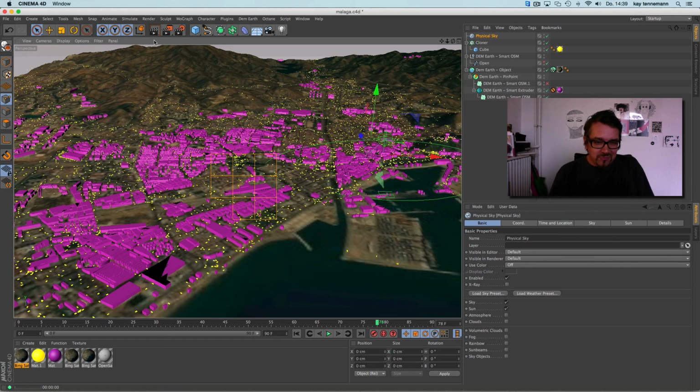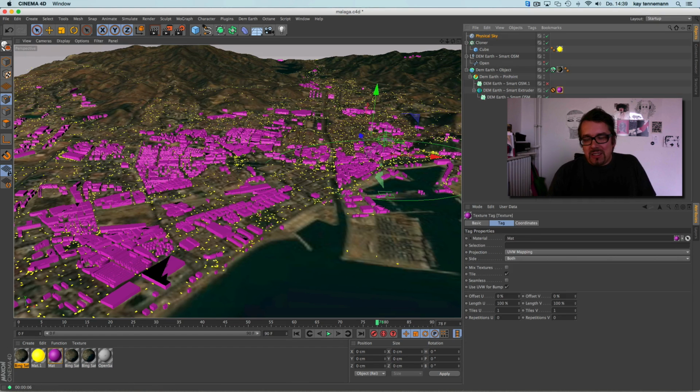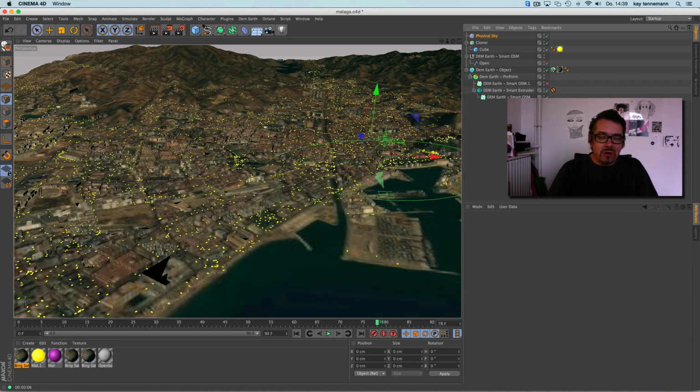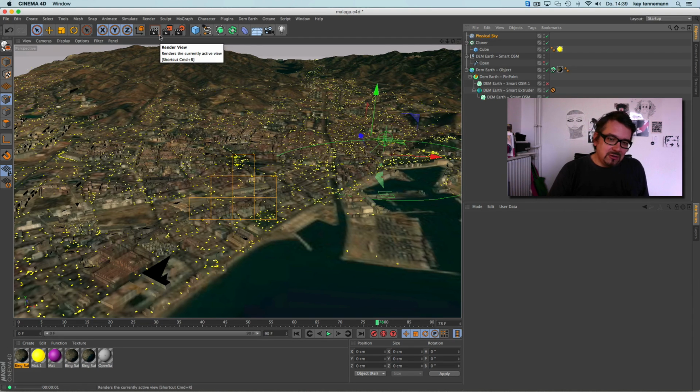Moment. Yeah, okay. The nice thing is, when I didn't give the buildings a pink material, they of course get the material from the parent DEM EARTH object, and you have the right textures.